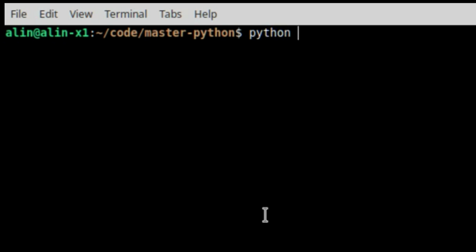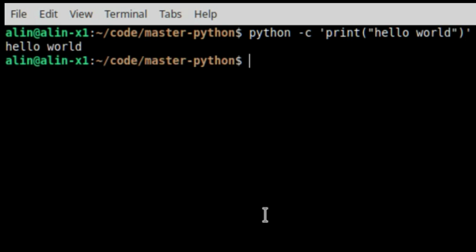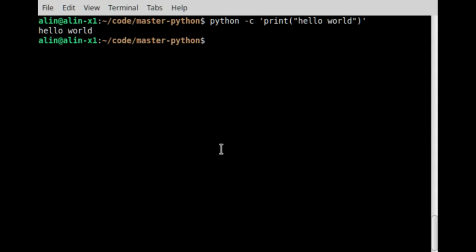You can also call commands directly, so like inline in your terminal. So if I do like print hello world, that also works. In this video, we're going to cover specifically the interpreter in interactive mode, which is if you run the interpreter